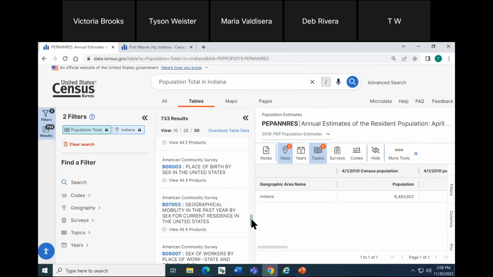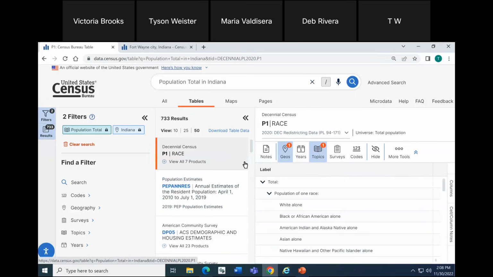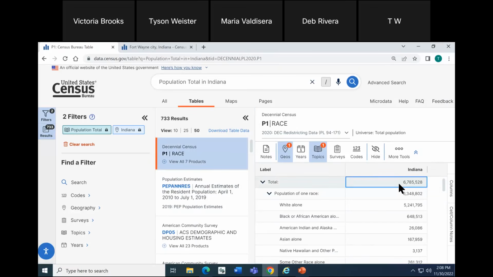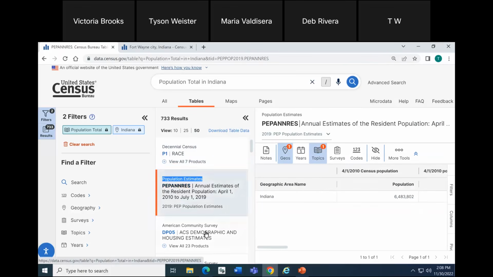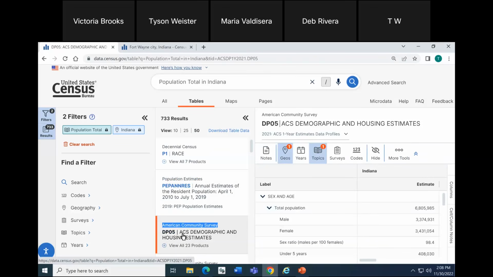We're not going to take a deep dive at this point in time. I did want to point out on a high level just what's kind of being pulled from these table results. You can see the first table is giving us that same number in a table format that we saw on the All Results page for total population, as well as some more detailed information related to population. That comes from the decennial census. Our second table result comes from the Population Estimates Program. And the third table result coming from the American Community Survey. Again, as you click the table ID or the table title, you'll see the information updated on the right-hand side of your screen.